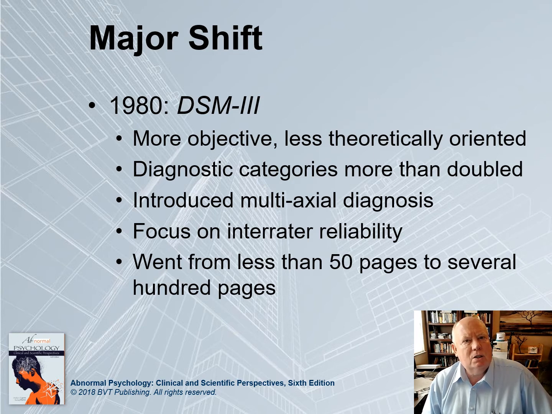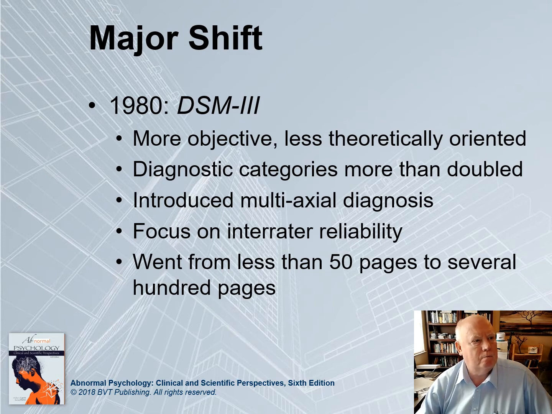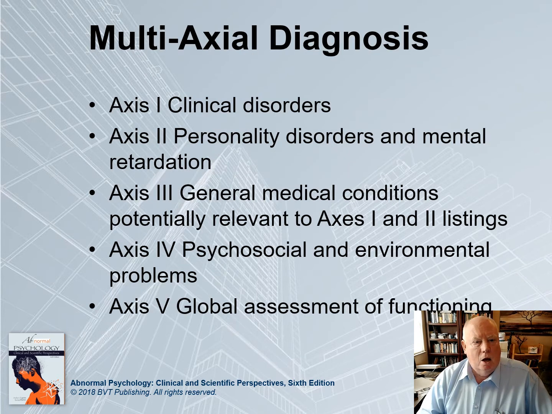DSM-III allowed us on axis 1 to give multiple diagnoses. So you might have, for example, someone who is depressed and is also abusing alcohol. Two separate disorders. Okay, what were those multi-axial